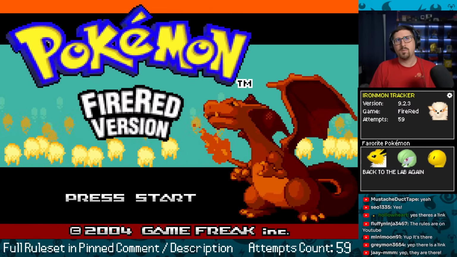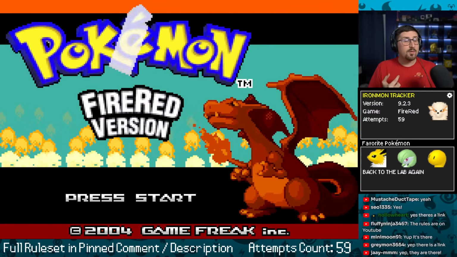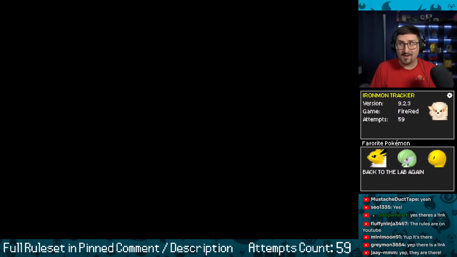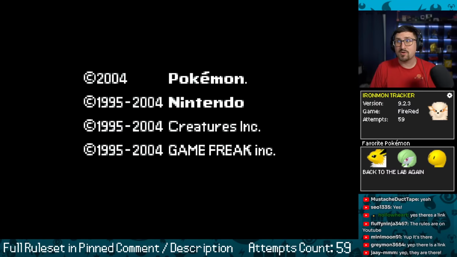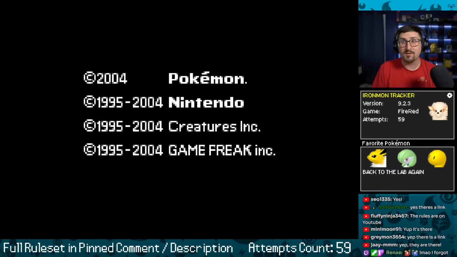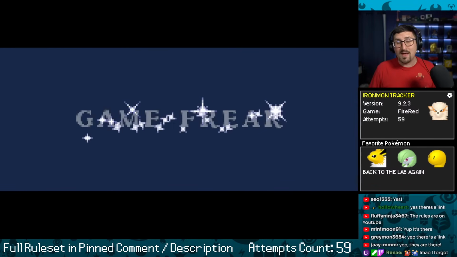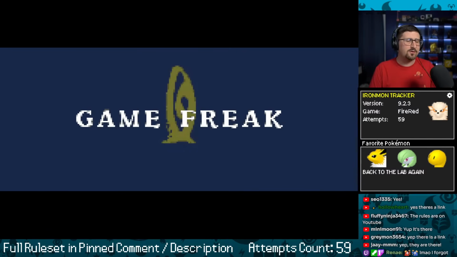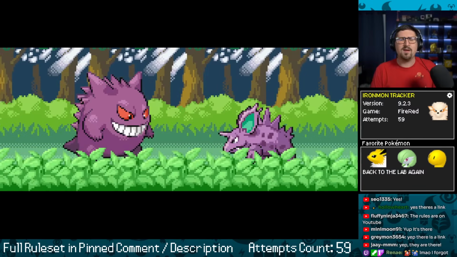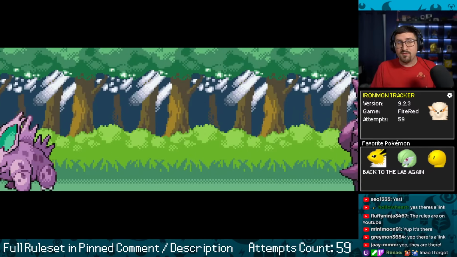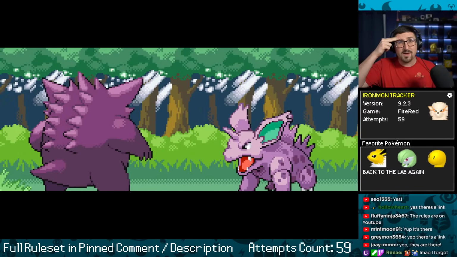You cannot get any experience from wild Pokemon. Probably the biggest thing about Kaiso IronMON is that all opposing trainers have plus 50% to their levels, which is why you get dominated in the lab so often, getting absolutely whooped by Gary or whatever you decide to name him. You are not allowed to heal outside of battle. You are not allowed to have helpful held items outside of the very first battle of the lab.